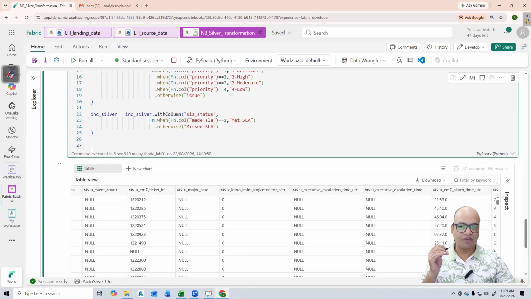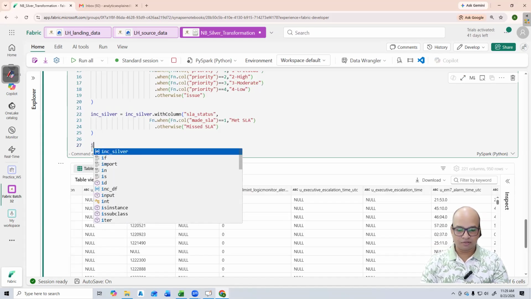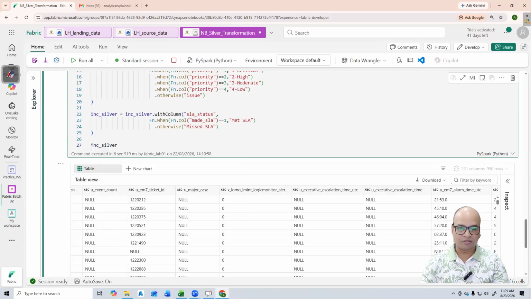Yep, it should be active, right? So what I'm going to do here, I'm going to check whether the account is active. I'm going to say the ticket is active or closed, right? So let's say we have INC silver, then